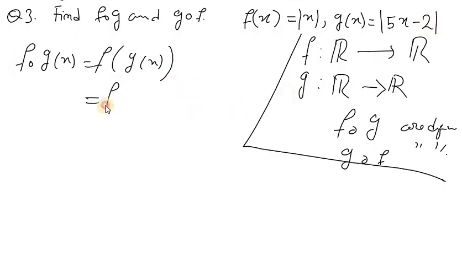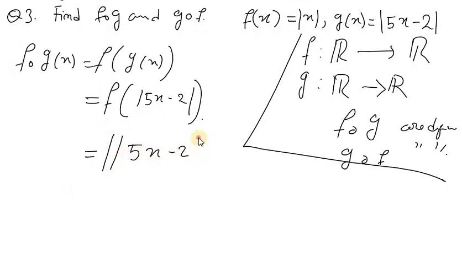So this is what f of absolute value of 5x minus 2 is. Okay, this is given. Next, you have to find f of this term. f of x is absolute value of x. So this will be absolute value of